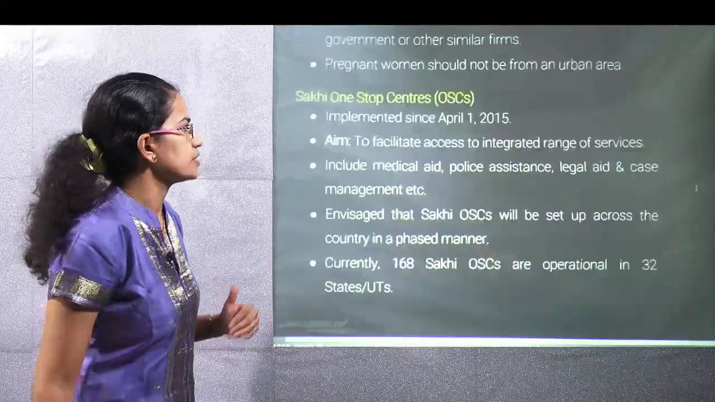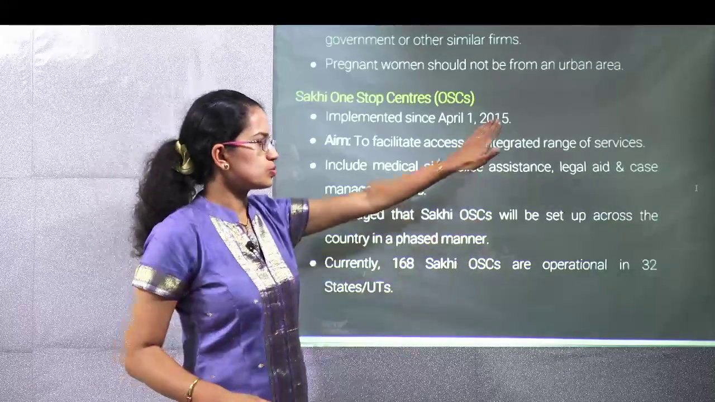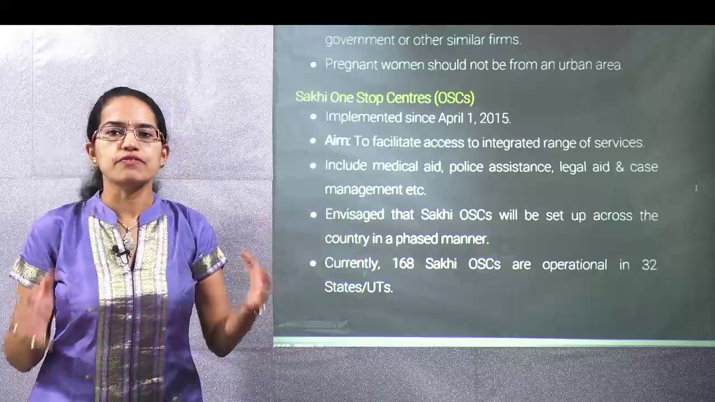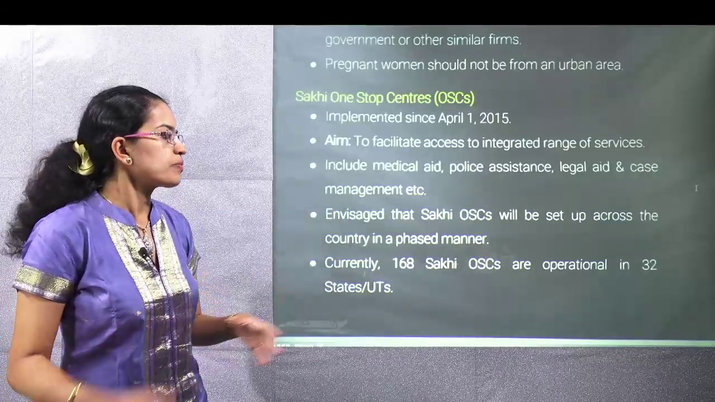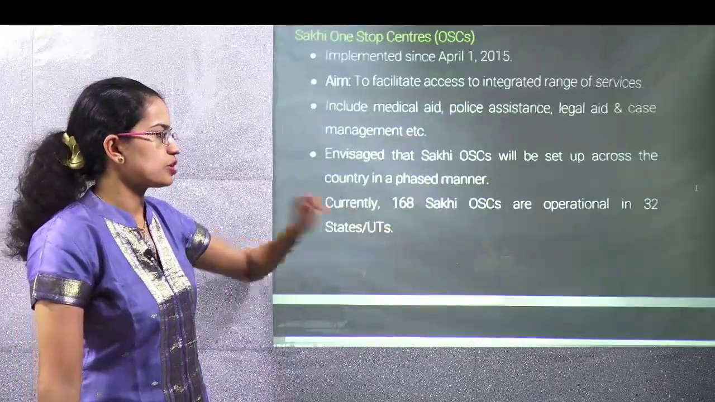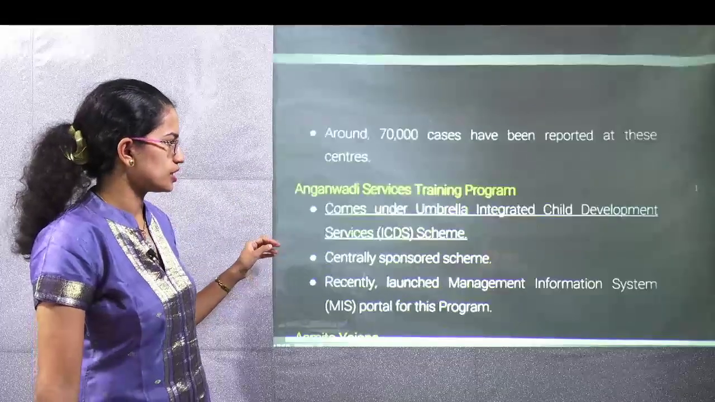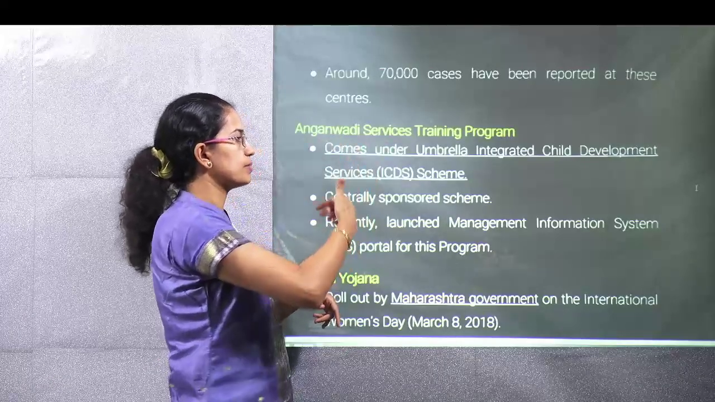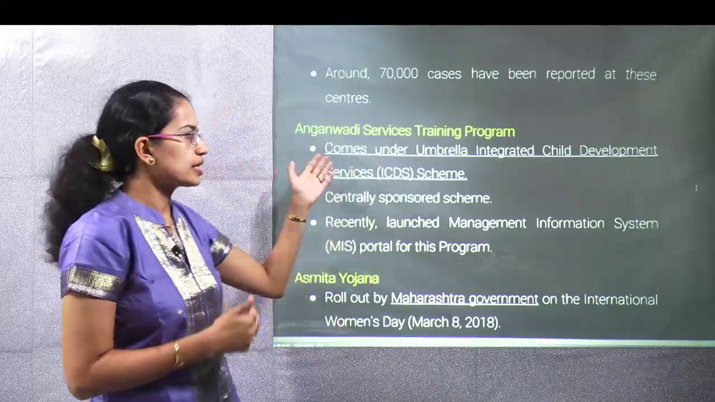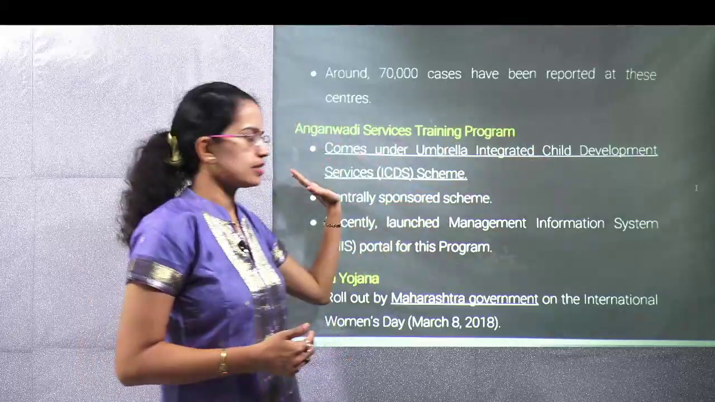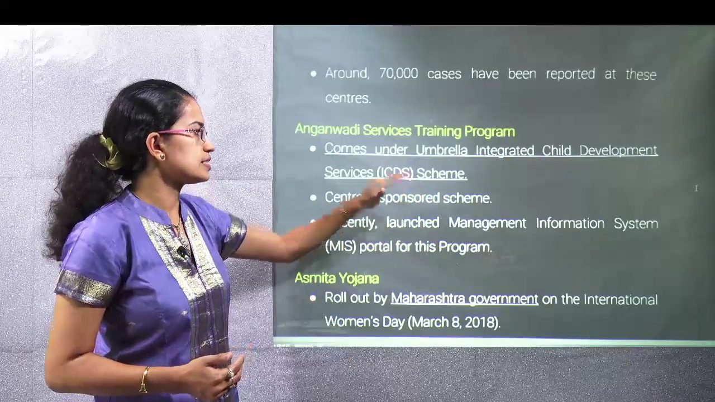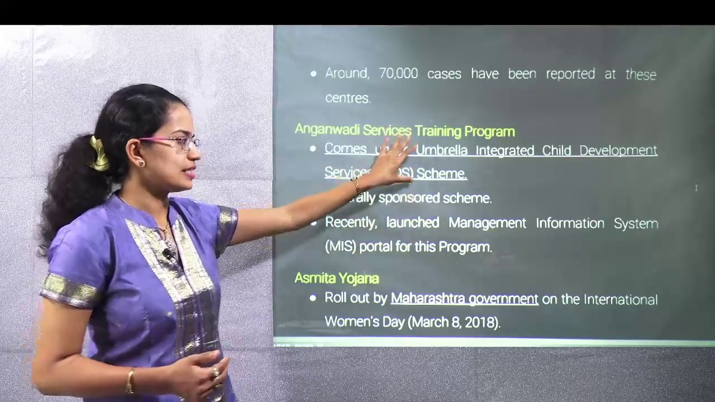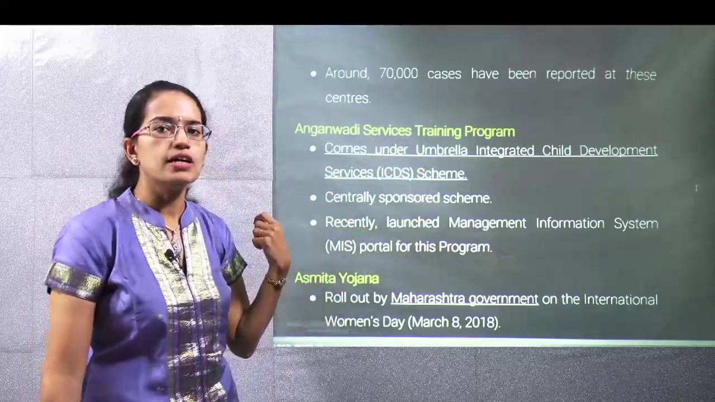The next is Sakhi one-stop centers. This was implemented in 2015. The idea was to integrate the various kinds of services that are present, and now you have various Sakhi one-stop centers that are operational across India. Anganwadi services, very important. Now whom does Anganwadi come under? So it comes under the Integrated Child Development Services scheme. So ICDS is the main scheme under which Anganwadi services come, and it's again centrally sponsored, launched by the